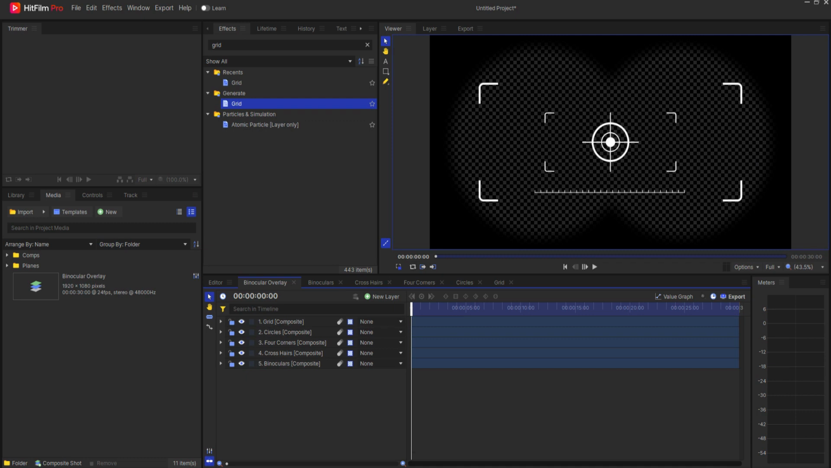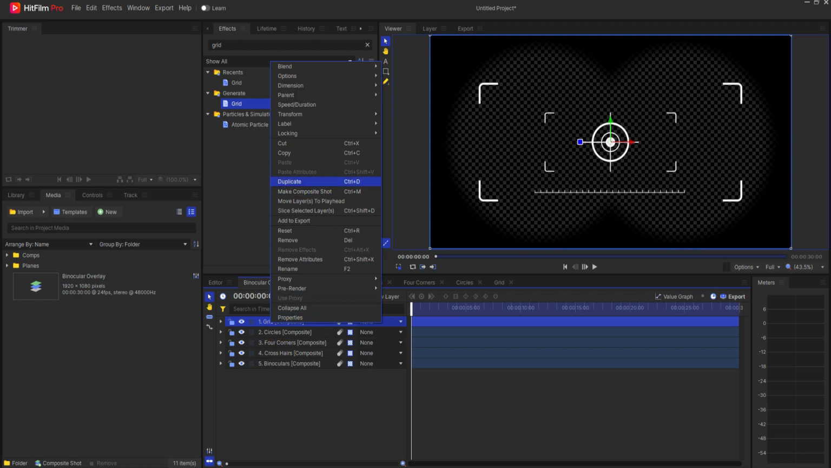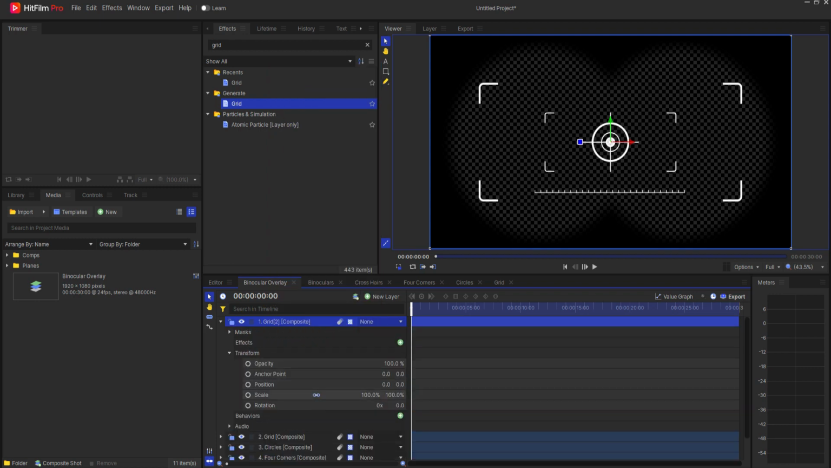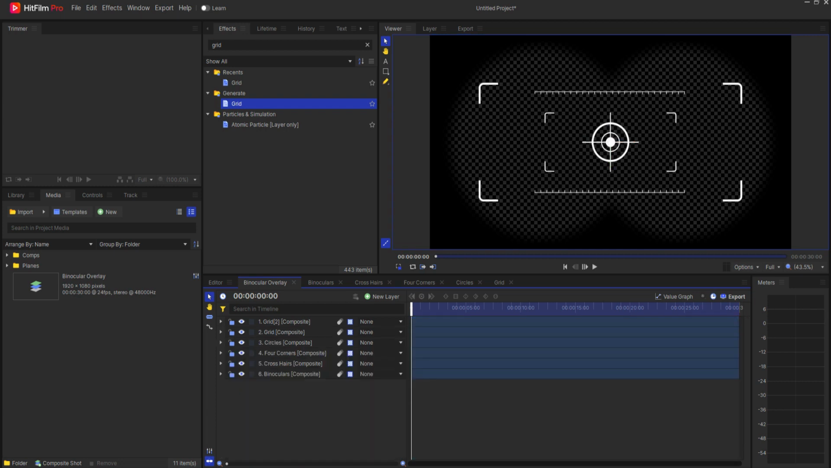And if I want to add one to the top, that would be a simple matter of just right-clicking and duplicating that, and then opening up the properties of that, and I could just unlink the scale properties and then just flip the Y scale so that I have that there. Okay, so now that I have created my